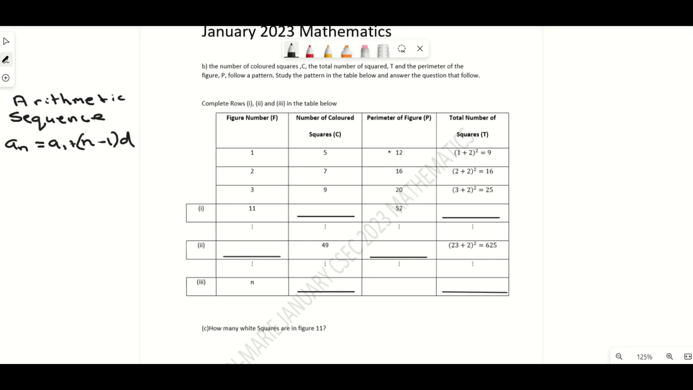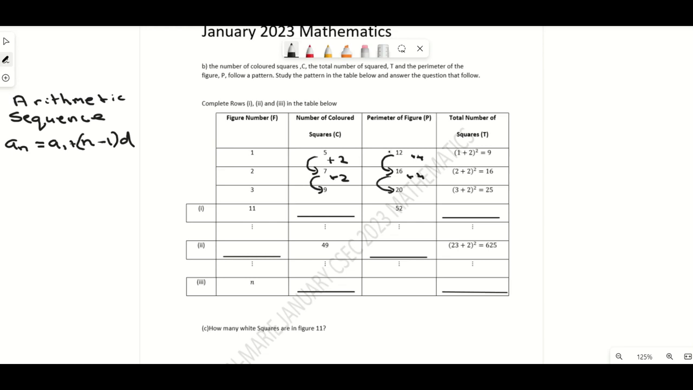So we know that this is a constant. We'll be adding 2 here, then you add 2 to get the next value, right? And then you add 2 to get this value. And if they were to ask you the fourth figure, you would have to add 2 to 9 to get the fourth value, all right? Same thing here. You had to add 4 to get 16, and add 4 again to get 20, right? So we can see that it's an arithmetic sequence,